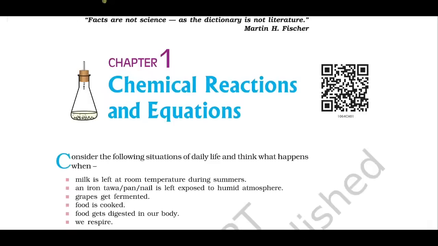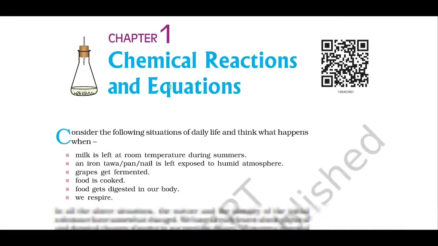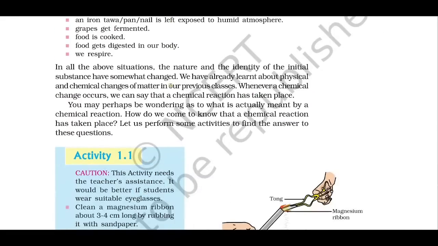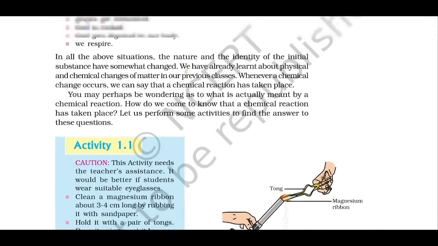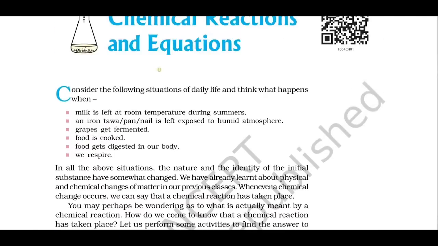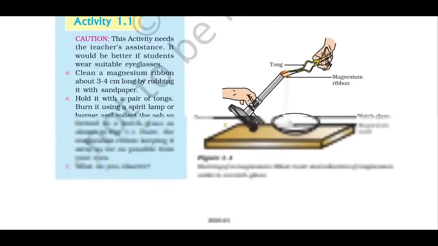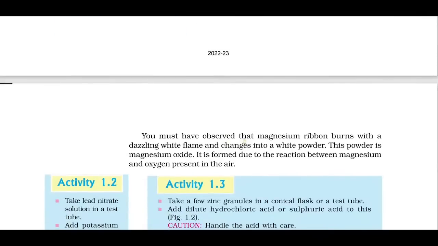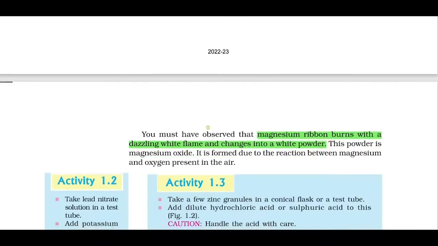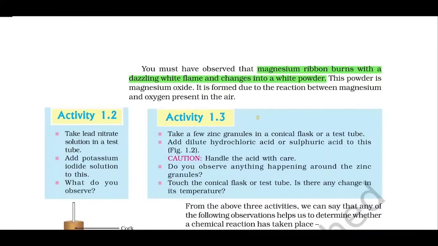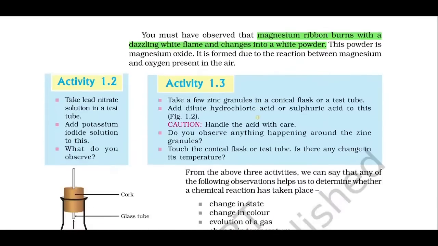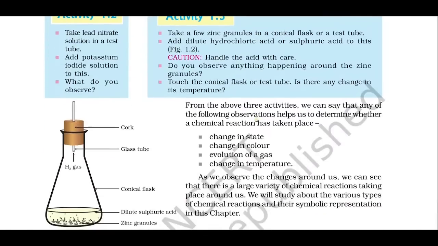Okay, start. The unit, chemical reactions and equations. The important concepts you should learn from the examination point of view are the definition of chemical equation as well as chemical reaction, and also the burning of the magnesium ribbon. Magnesium ribbon burns with a dazzling white flame and changes into white powder. Before burning, the magnesium ribbon should be cleaned. Why should it be cleaned? To remove the impurities. What kind of impurities? The outside layer reacts with the oxygen to form